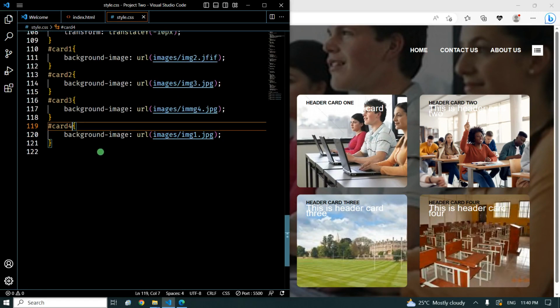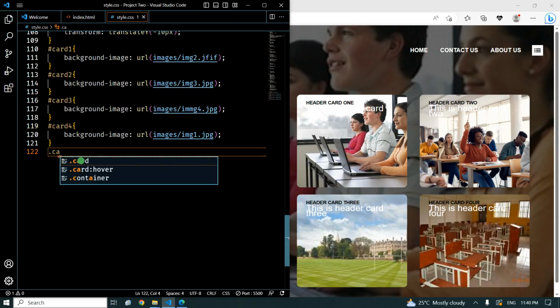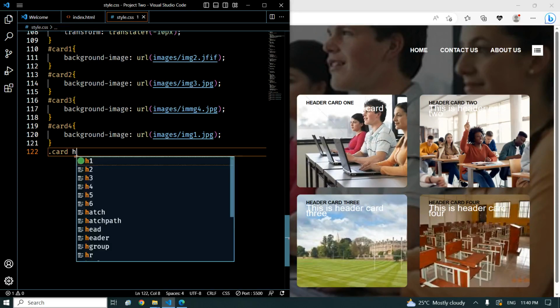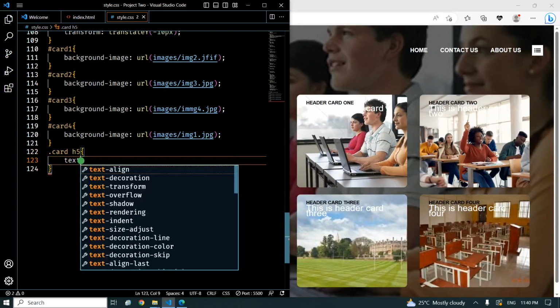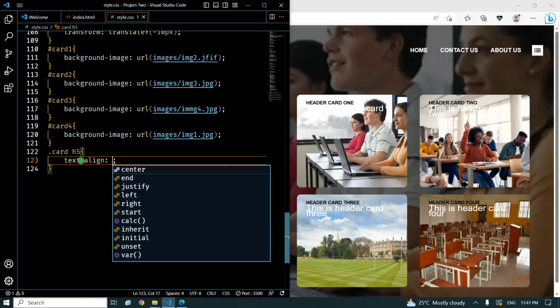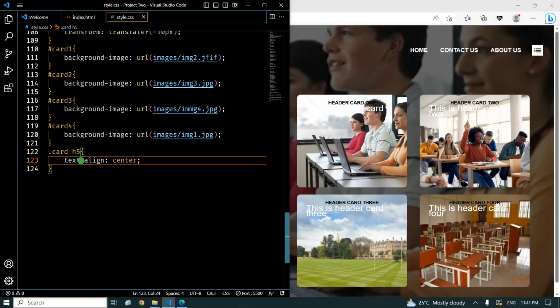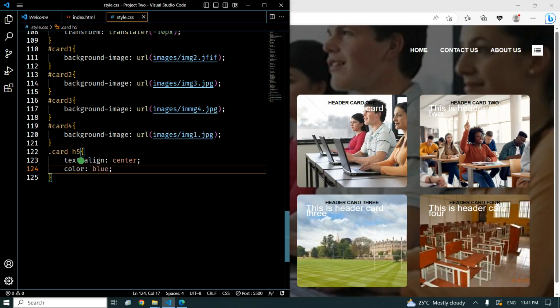So last thing we need to do here is to change the font of this text you are seeing here. We need to change them. So I will now do dot card h5, which is for the header, and we'll simply do text align center. Next thing we'll do is put a color. Let's give it a color like blue. Next thing we'll do is give it a font size